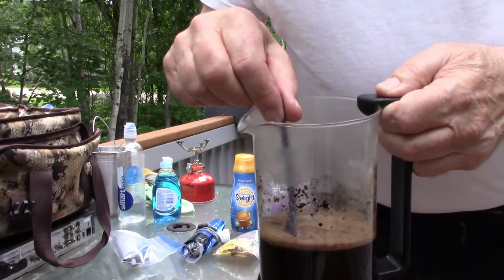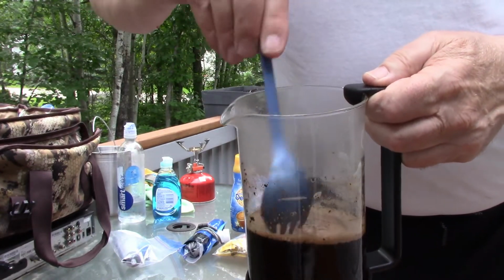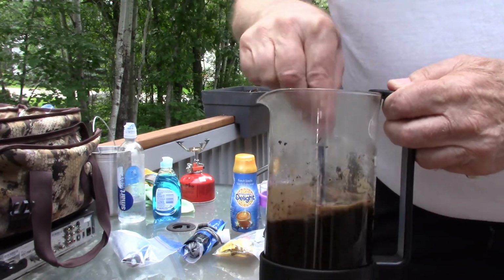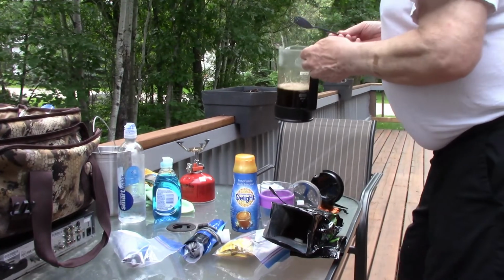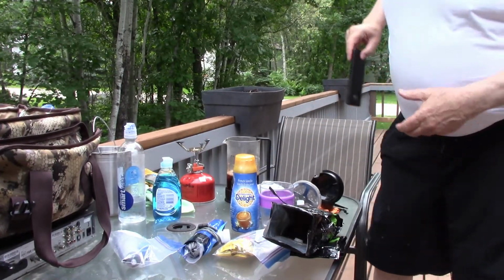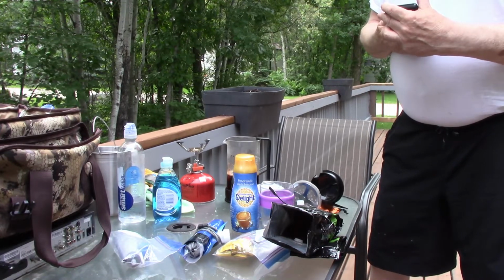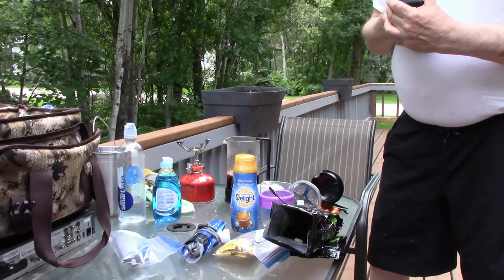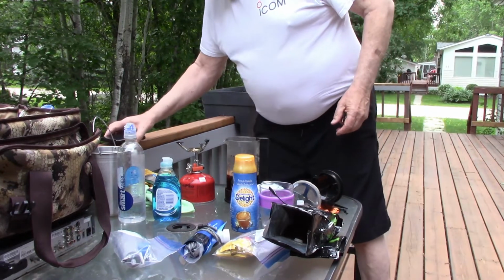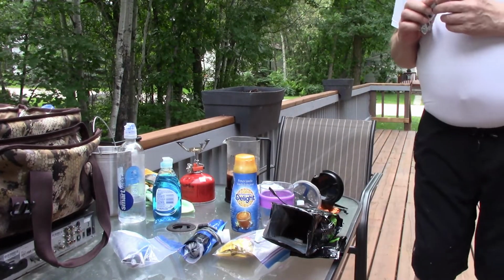Now for me, I like the fact you can see the froth on top, the carbon dioxide coming out of the beans. Okay, now we're going to let it sit for about 4 minutes. And for that, I have my timer. Good. Okay, so while that's sitting there,